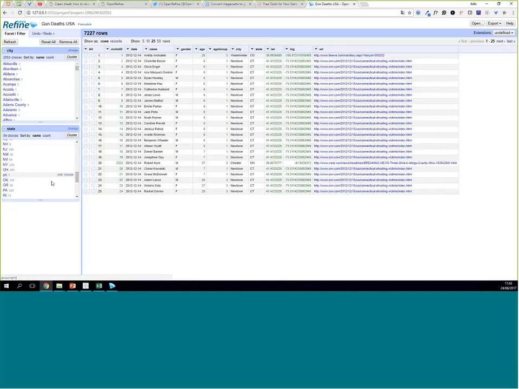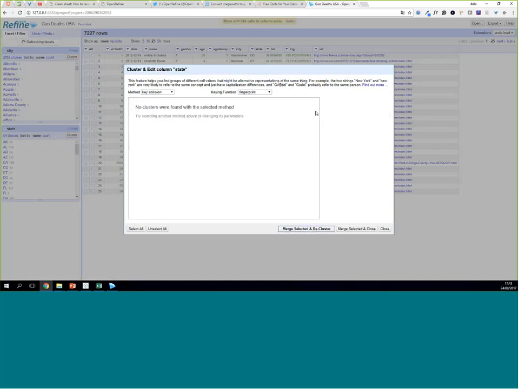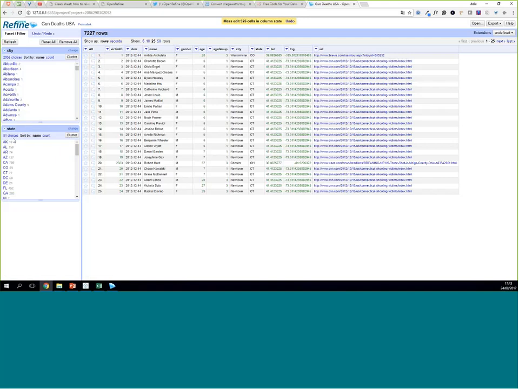Okay, I see a OH and OH, like capitalization for VA. So that's probably something that will be easily solved if we apply, and OpenRefine immediately shows which are the problems, like Florida was with a small l. All right, and after doing this, I only have 51 choices, which is much closer to what I had in mind. All right. So once I've done this, I can start doing a bit of analysis and see